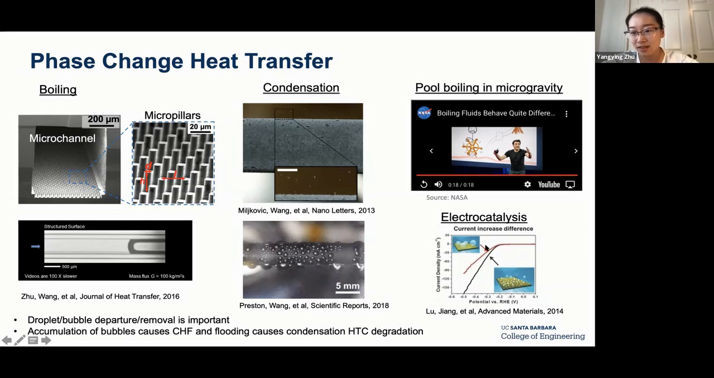And last, I also want to say that bubble dynamics is extremely important in electrocatalysis. This is slightly outside phase change heat transfer, but it is a multi-phase fluid system. When you think about electrocatalysis, we have water splitting to produce hydrogen fuel or oxygen. We also have reactions that consume a gas, so you can remove CO2 and use electrocatalysis to turn CO2 gas into a value-added product. And for example, in gas-producing reactions,